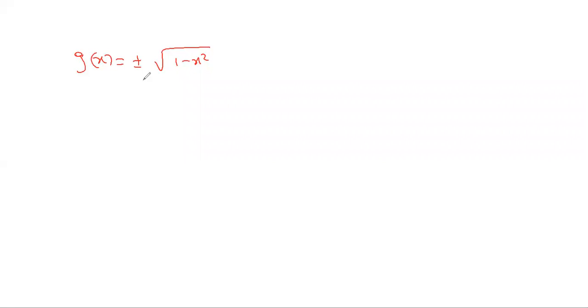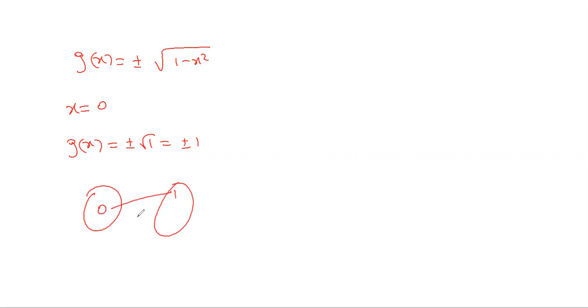If you take g of x equal to plus minus root of 1 minus x square, and when I take x equal to 0 as input, then I get g of x equal to plus minus root 1, which is equal to plus minus 1. So that means 0 is mapping to 1 as well as minus 1,